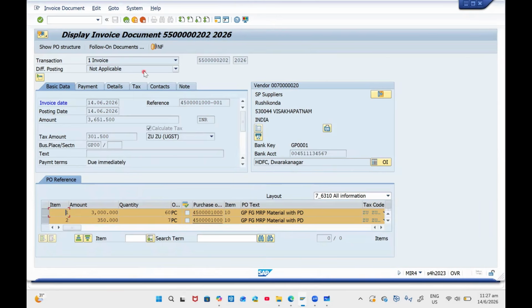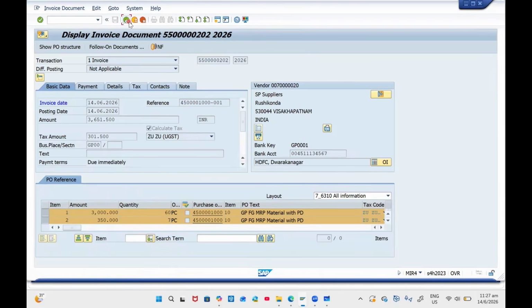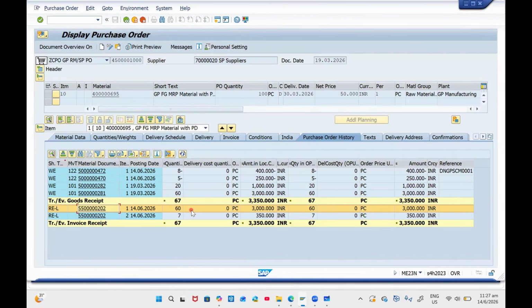So now we are going to do the second scenario where invoice receipt is posted and GR is posted. For example, this case 281 material document, GR is posted and IR also posted for 60, but now we want to do a return. So for that return, what we need to do? First,